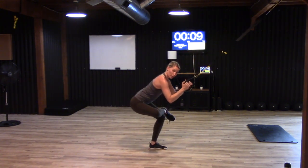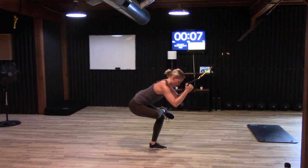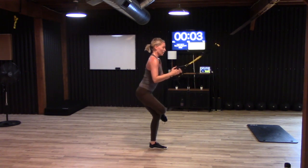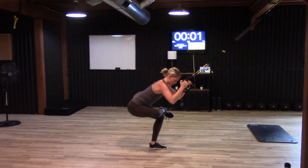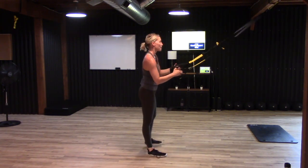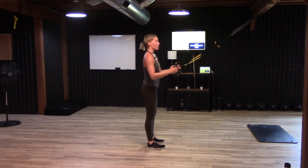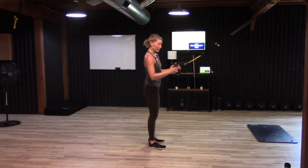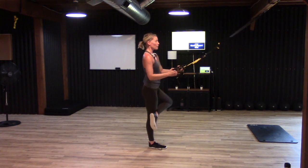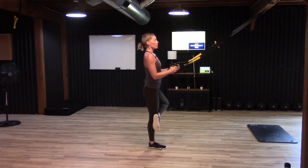Hinge forward, keeping your weight on the foot, very little weight in the arms, and then stretch all the way up, stand all the way straight. Hinge back at the hips, and then straighten everything back up. Okay, switch sides. Right foot is centered with the anchor this time. Elbows at our sides. You're gonna cross the left ankle over, drop that left knee back, and then work through